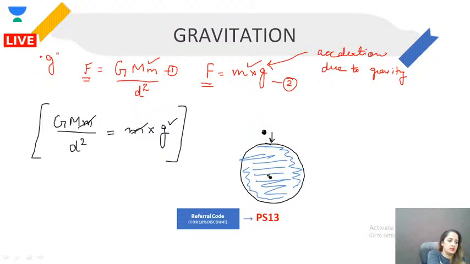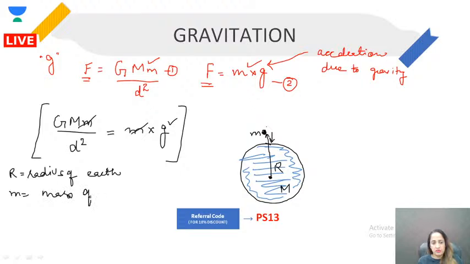Okay. All right. So now we want to see this object with mass m is falling down towards Earth, whose mass is M. Okay, and here is the distance between the center of the Earth and center of the object. So this distance is r. R is the radius of Earth. Small m is the mass of the object and capital M is